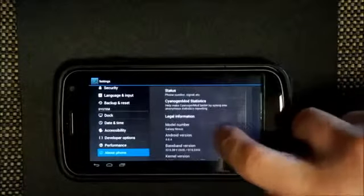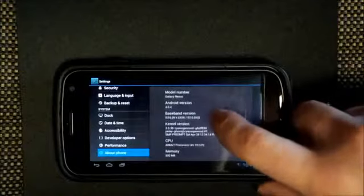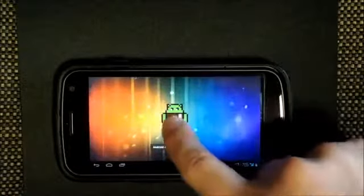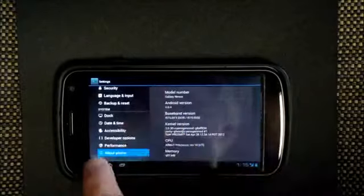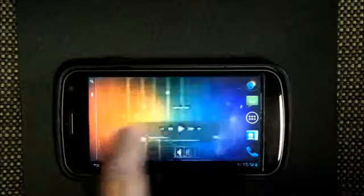Going to the About phone here, we have our CyanogenMod statistics. You can opt in to send them crash reports, and you can see that we're running Android 4.0. We have our Easter egg even. Awesome. Anyways, going back now to the home screen, I'll just show you basically some apps, because all the apps